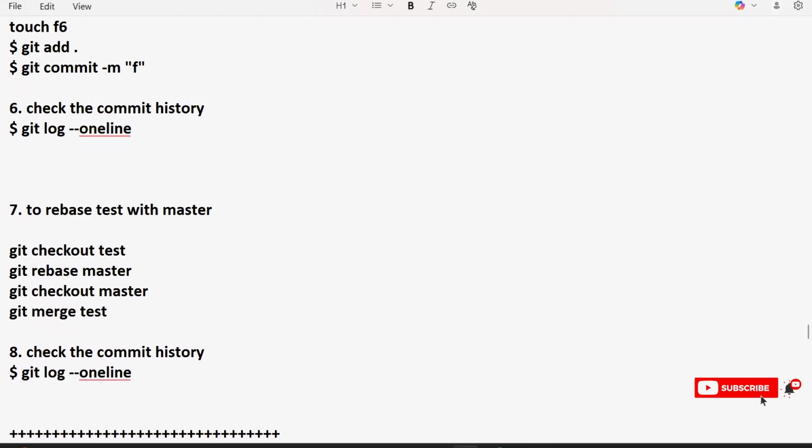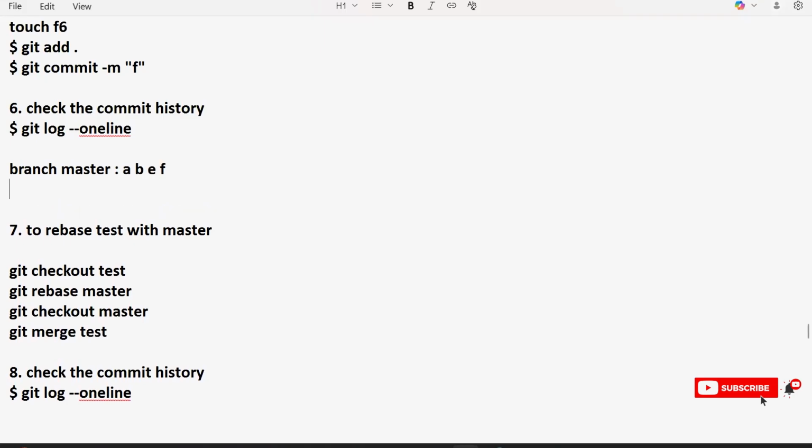Now if you see, the master branch has what commits? A, B, E, F. This is the main branch having A, B, E, F. The test branch has C, D. Okay. So if I merge the code,